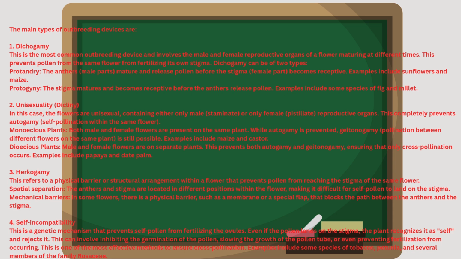Now the next one is dioecious plants. Now we'll see here what is meant by dioecious plants. Male and female flowers are on separate plants. This prevents both autogamy and geitonogamy, ensuring that only